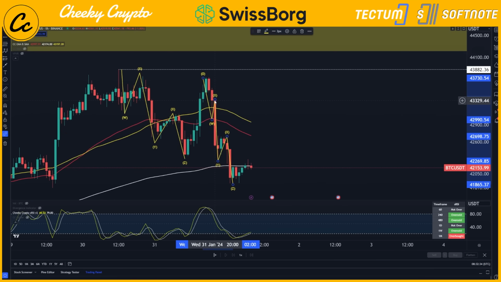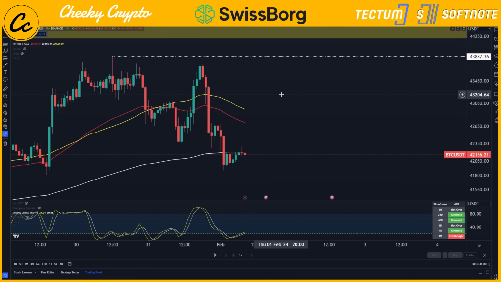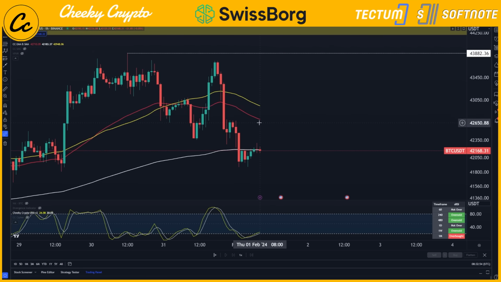People kind of might want to think of them as impulsive or something like that, like a 5-wave structure, but that's not really what's going on from my point of view here. Now, with this completing and finding ourselves on this 200 EMA as resistance, my expectation is a move upwards. Now, of course, this move to the upside is going to be met with resistance around the 50 EMA and